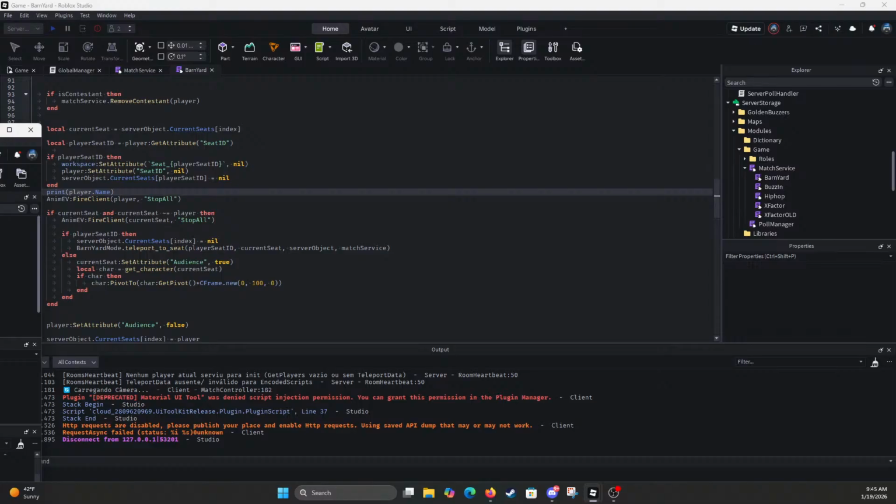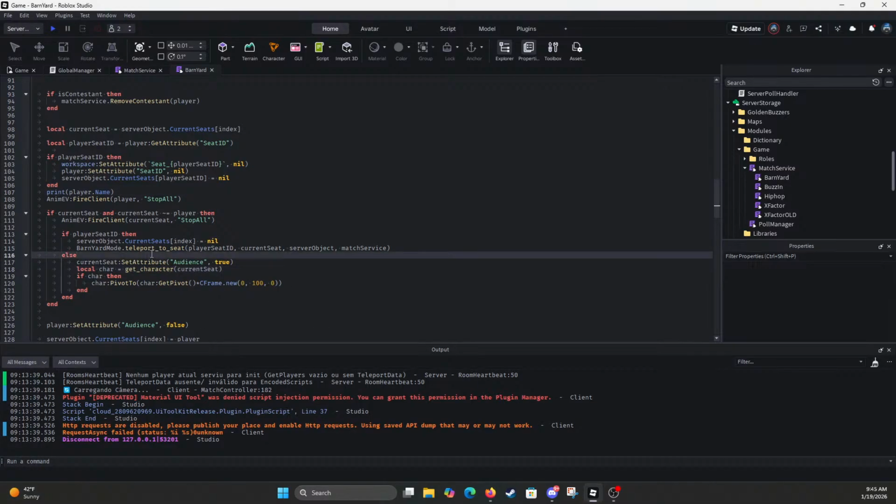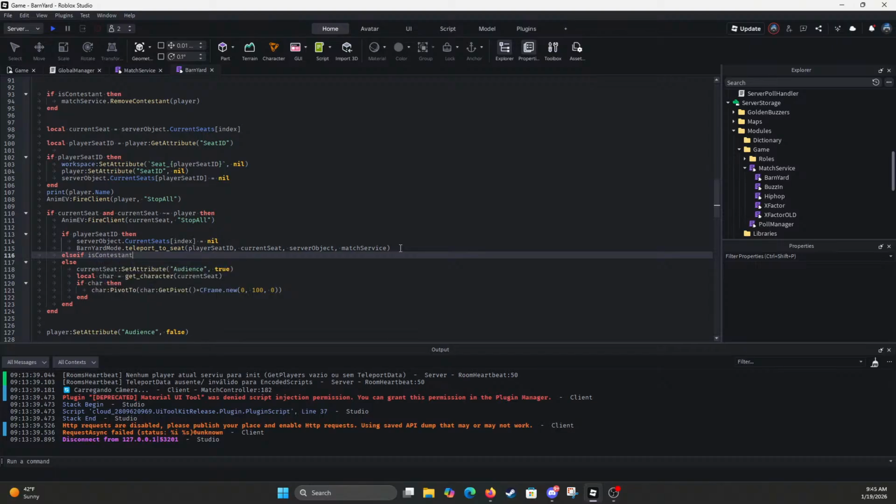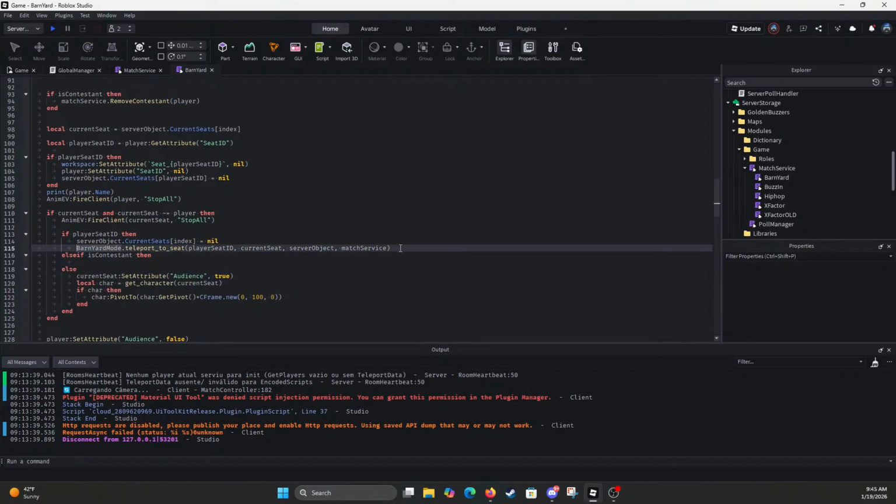Bring back the... Okay, see, what happens is it pushes them away. I want to know if I can write else if is contestant, then it's going to remove the player from being a contestant, but